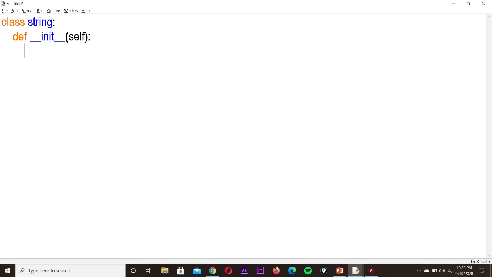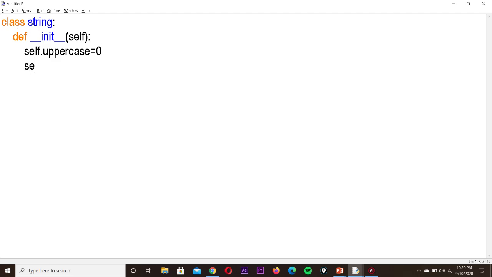In this constructor we are going to initialize the variables. The variables we will use are for counting the number of uppercase, lowercase, vowels, consonants and everything. Whenever we initialize a variable inside, we write it as self dot that variable name. So self dot uppercase is the variable which is going to have the number of uppercase letters, initialized with 0.